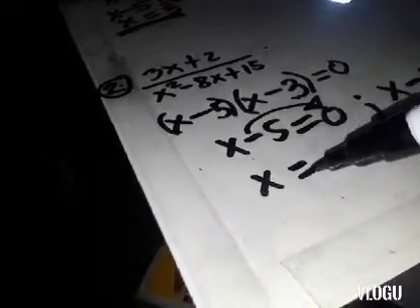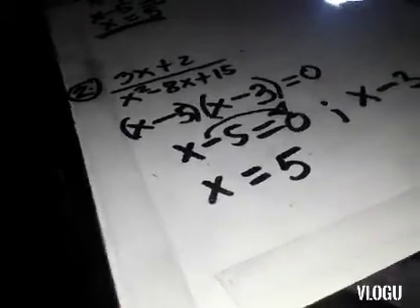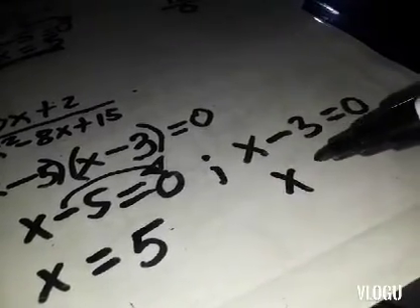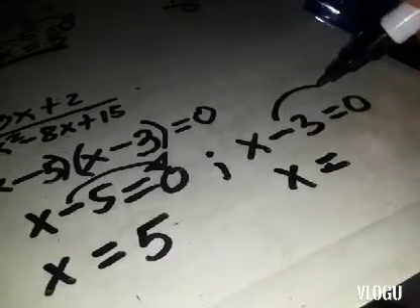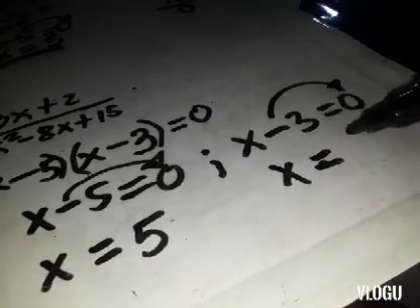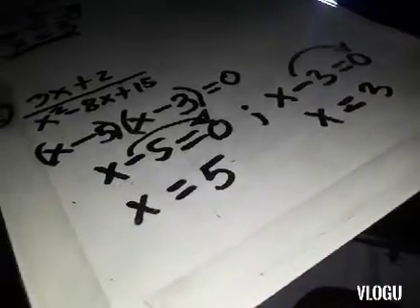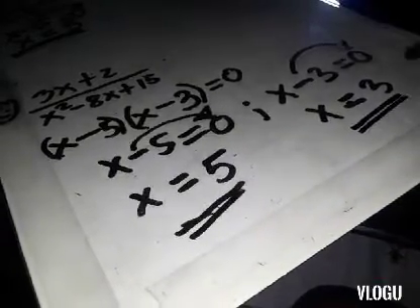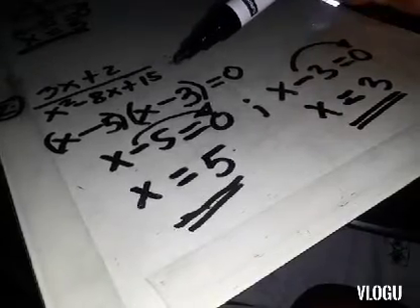So, x is equal to, yung negative magiging positive and copy 5. And yung isa, kokopyahin si x, dapat mag-isa lang siya, and then equal sign, ililipat si negative 3 over equal sign. So, si negative magiging positive and then copy 3. Ibig sabihin na ang ating x or the value of x or values of x in the equation x squared minus 8x plus 15,